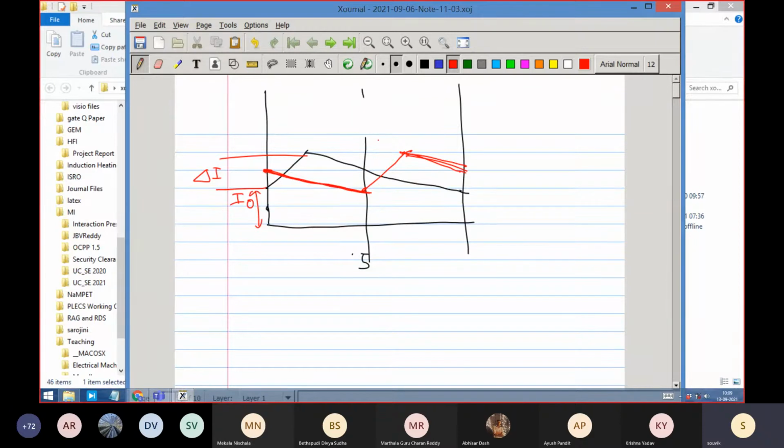So I want to sketch first the summation current. This is IL2, this is IL1, and if I sketch the summation current, the peak will be happening here, and you observe that there is a double frequency current. The frequency of the summation current will be double the value. So let us sketch it. This point plus this point summation will come here, and this point plus this point summation is also the same value.